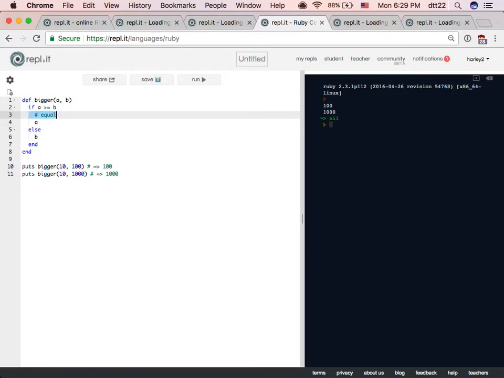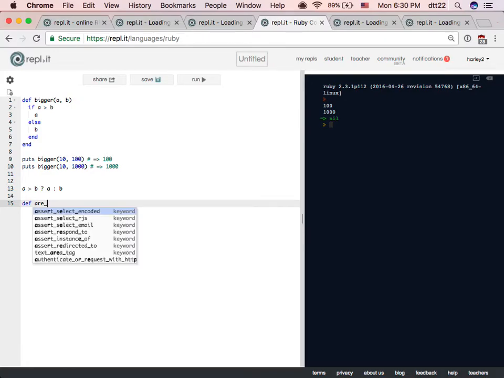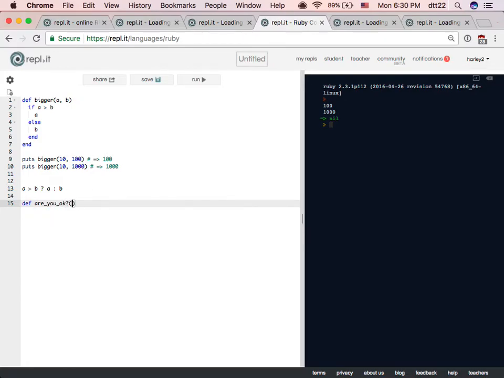So that is one way to do it. A shorter way is if A greater than B, question mark, return A. If not, return B. Okay, it's just fun to know. Don't worry about that for now, okay? Yeah? So for example, are you okay? Right?